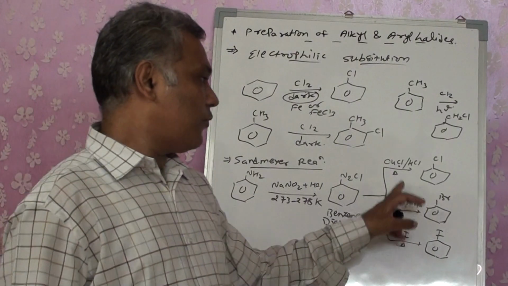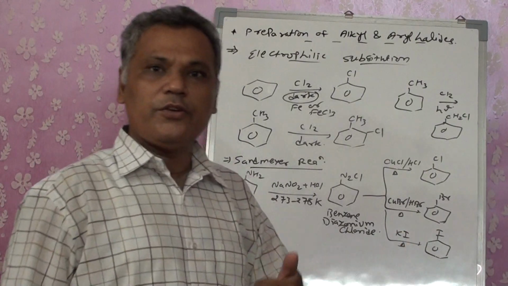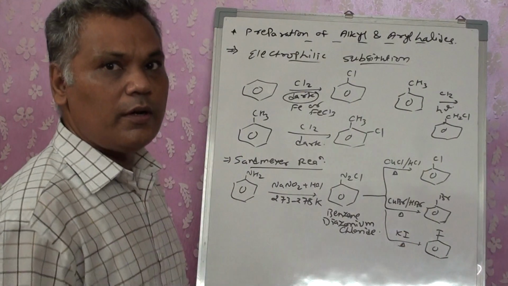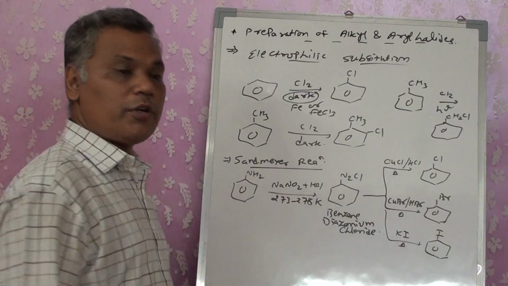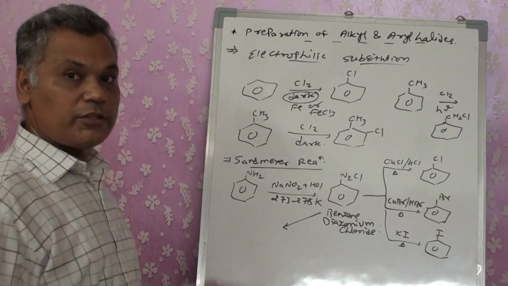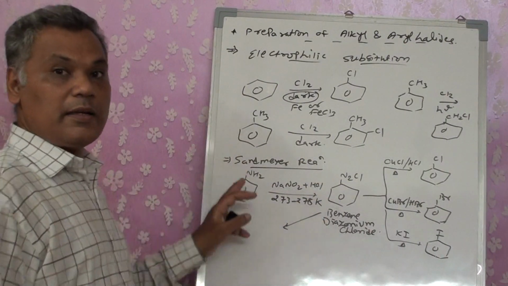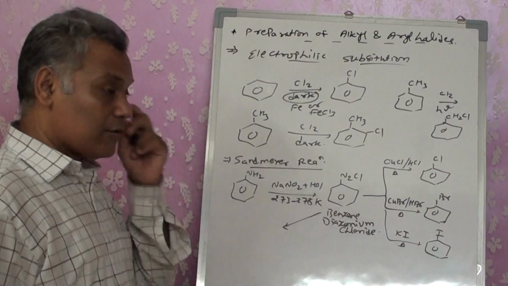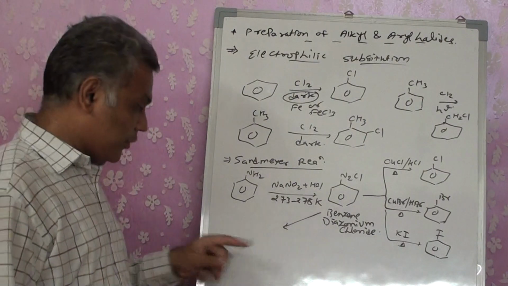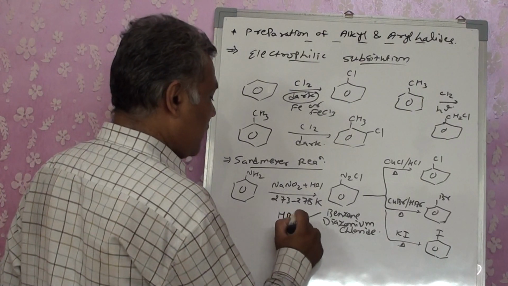So where possible reagents are not there, we change the reagent. In the same way you can go for fluorine also, right? At present in your textbook it's not given. I am just showing it from chapter number 13. See, the reaction is taken from chapter number 13, where it is given as a chemical property of this diazonium salt. I am taking it as a preparation for fluorine. That can be given as HBF4.